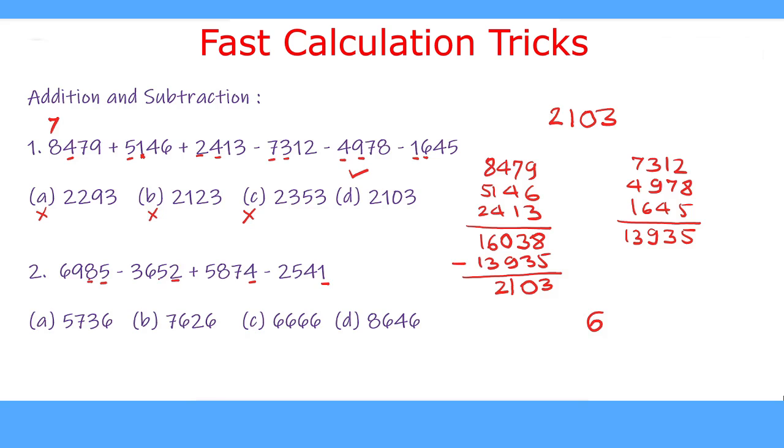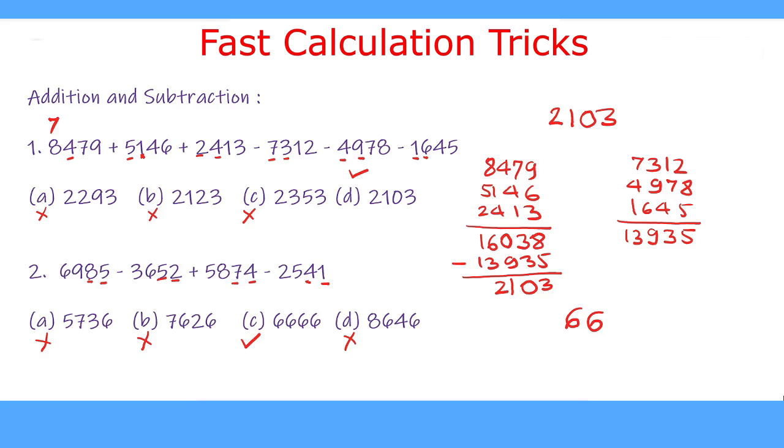8 minus 5 is 3, 3 plus 7 is 10, 10 minus 4 is 6. Now we see that option A is eliminated, option B is eliminated, option D is eliminated, and only C has this tens place as 6. We can solve or reach to the answer fast, even not solving the complete question, and we can write our